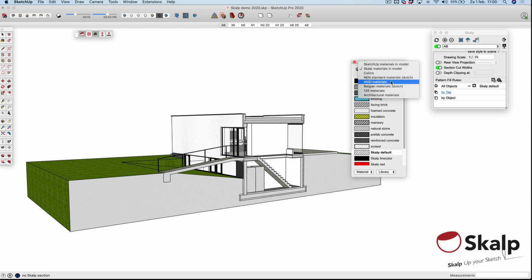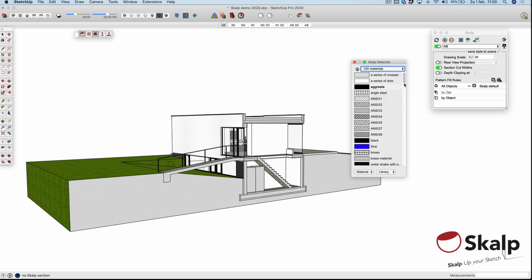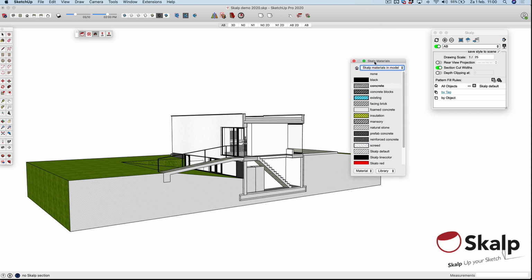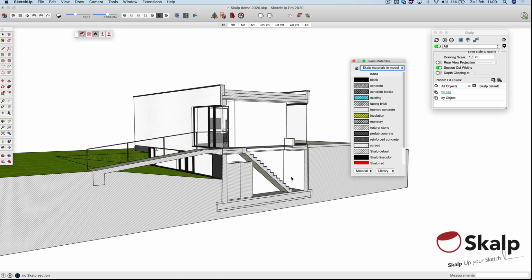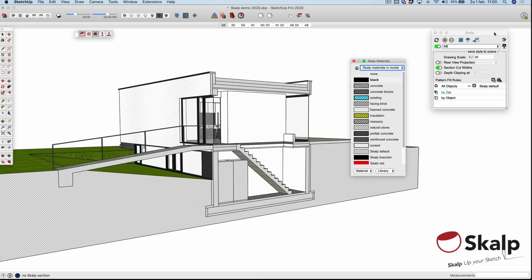We can also directly use one of the materials in the libraries. Also, we can create our own materials and our own libraries. That's no problem. But I'm going to show you how to paint. One of the important things is that your Skalp rule should best be set to the new default style rule. This is first by tag, second by object. If you want to reset, you can go to the menu and reset rules to the default to set it